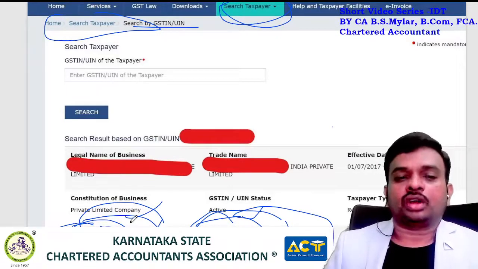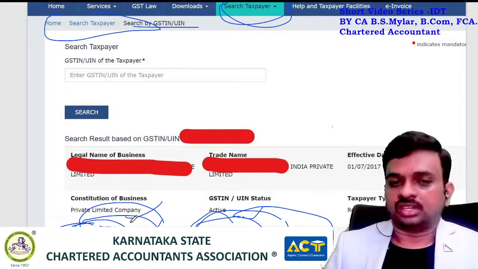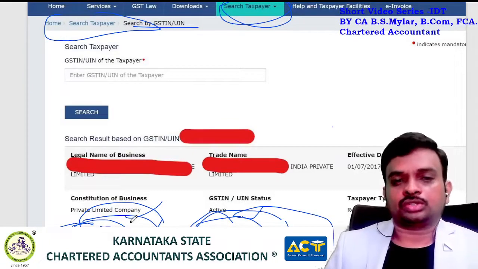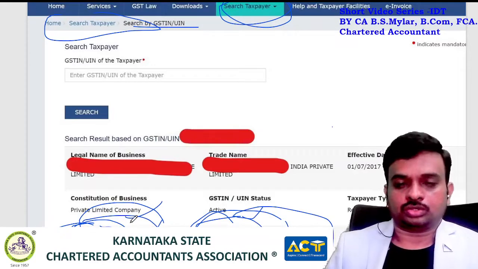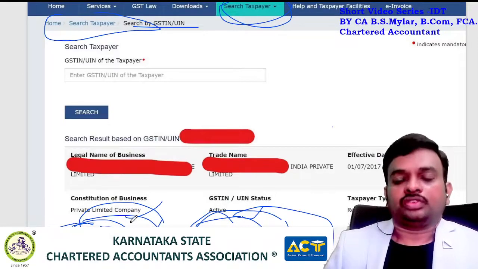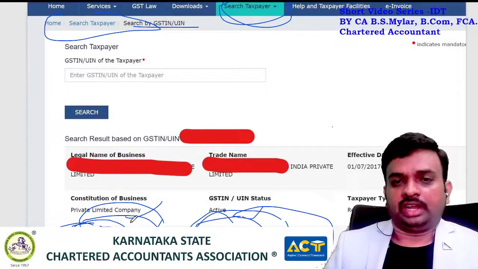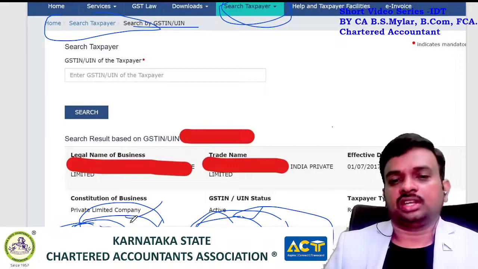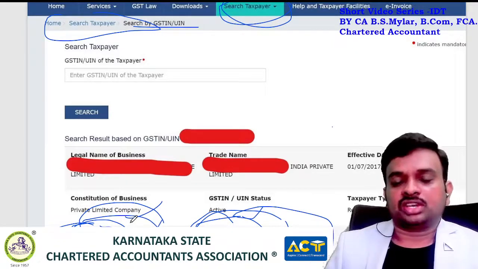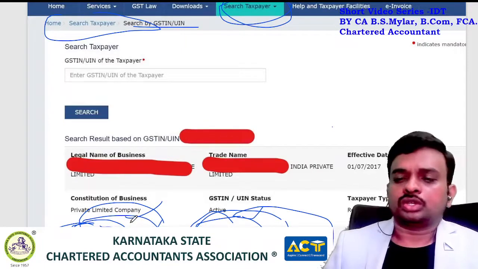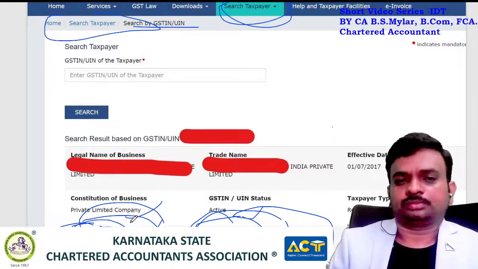And if your administrative jurisdiction falls under the state, then audit will also be done by the state, not by the center. So once you receive a show cause notice for audit, you should ensure that it is through the administrative jurisdiction. If it is intelligence based action, then there can be state or central, both have the power to issue a show cause notice and do an investigation.